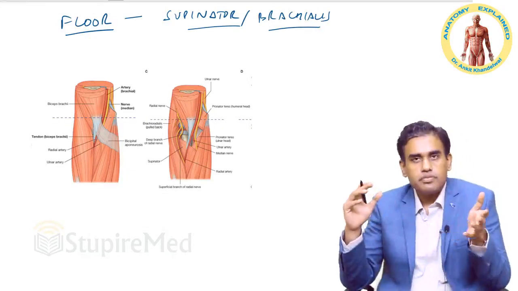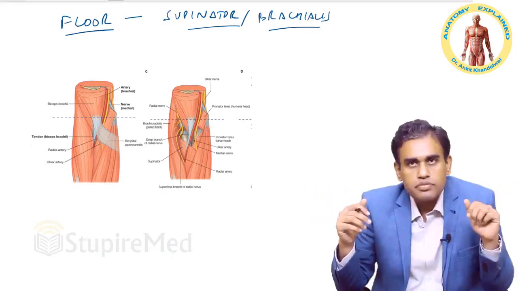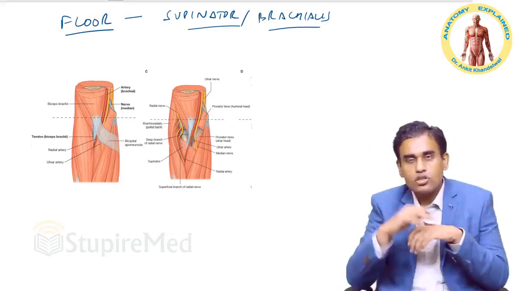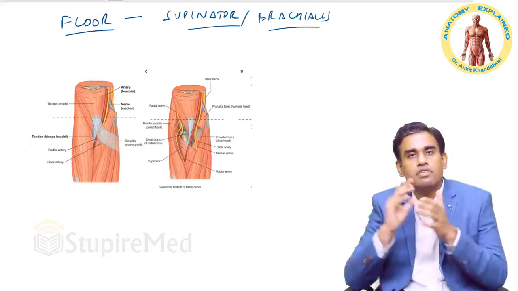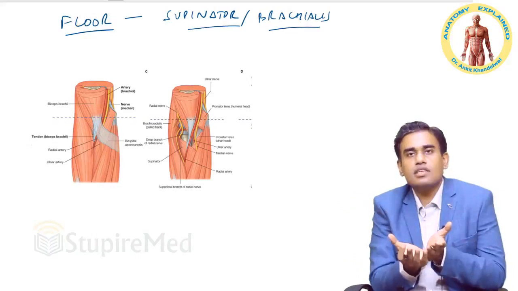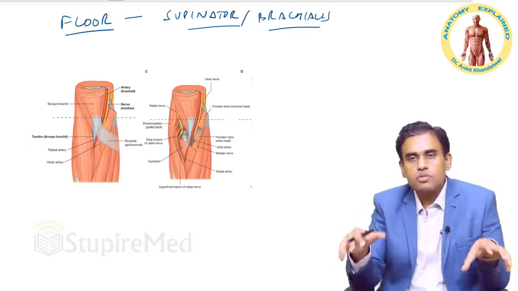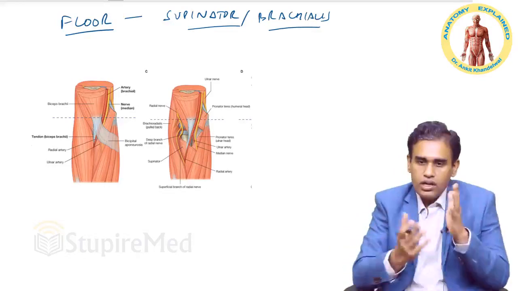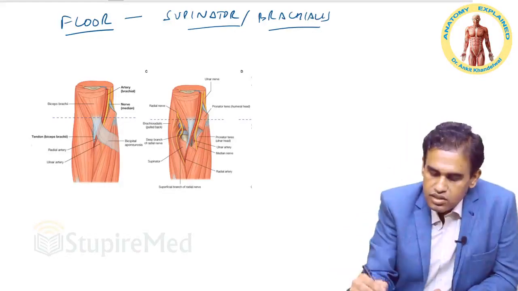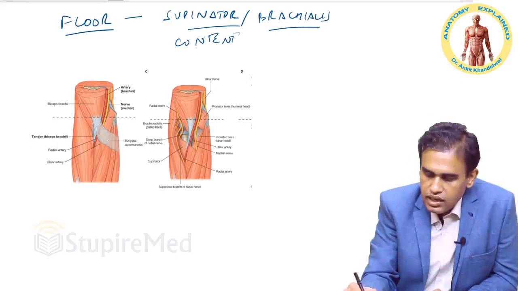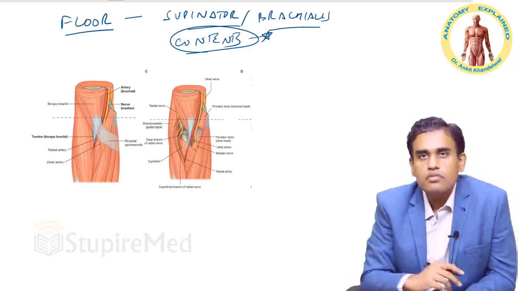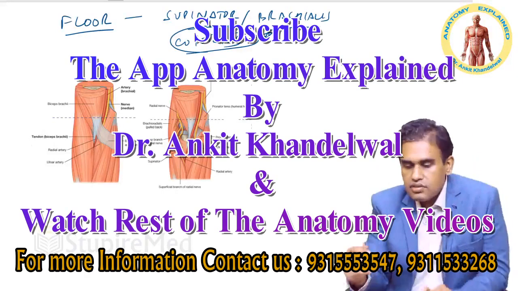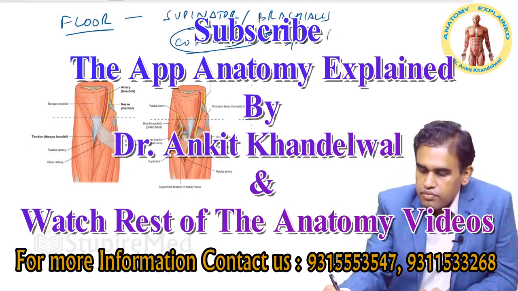Now imagine a room. Supposedly you are sitting in a room. You have a roof, you have a floor. The roof is formed by the skin and superficial fascia and deep fascia. The floor will be formed by those muscles which are lying over this bone, so supinator and your brachialis. Now what is between roof and floor is your contents. They are again very important. So the contents are the structures which are between the roof